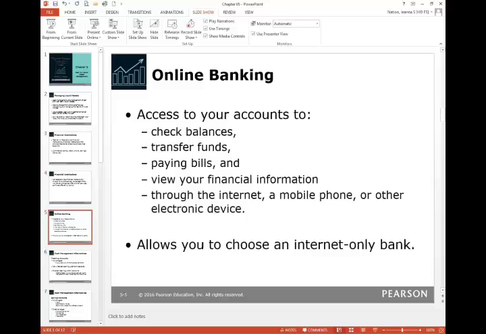One thing that you might want to keep in mind is how you're going to access your bank accounts, whether it's a brick and mortar building that you can go to, or if they're going to offer you online banking, which would allow you access to all of your balances, allow you to transfer funds, pay your bills, view everything. Typically places that offer online only banking and no brick and mortar buildings are going to offer you lower fees and higher rates of interest. So you really need to look at the financial institution that offers the services that you would want and need. Also maybe look at whether or not the institution is insured, either through the FDIC, the NCUA, or the SIPC.